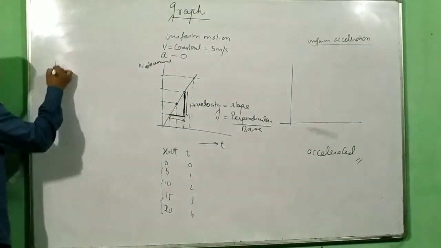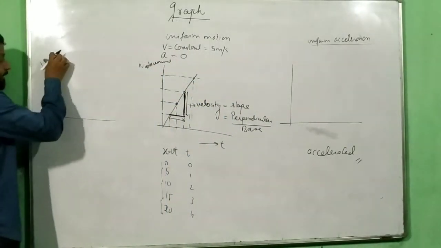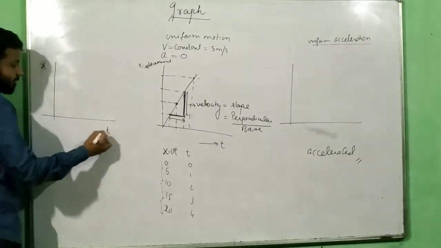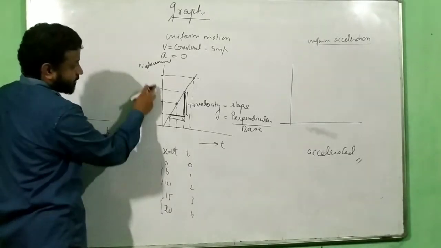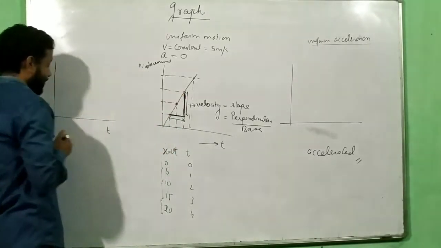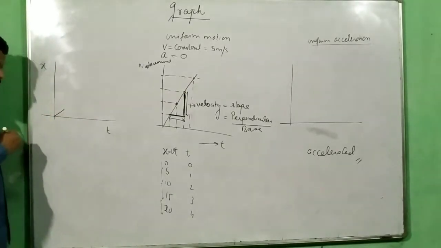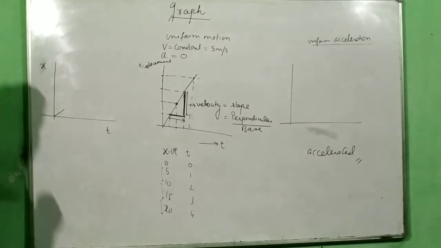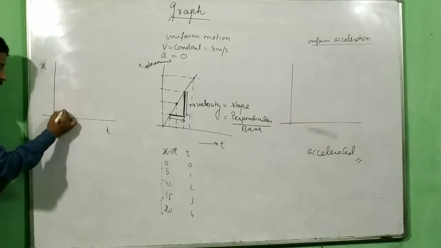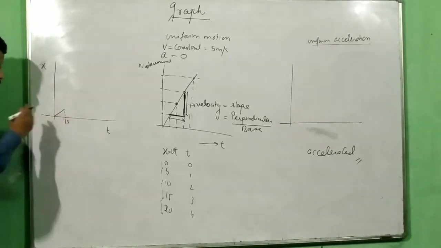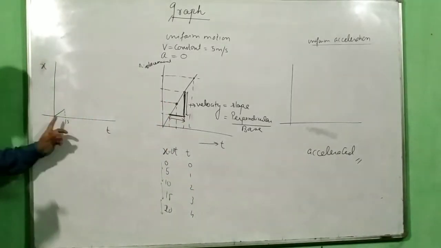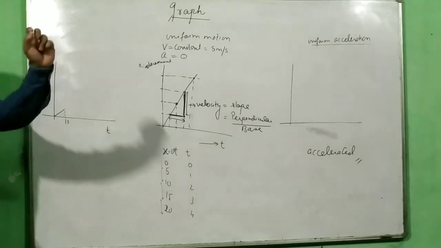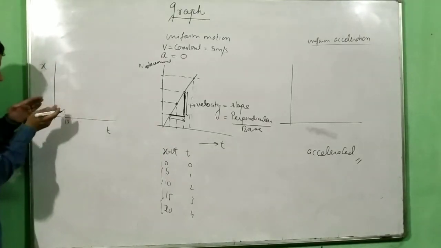Now just imagine I have a velocity time graph. Sorry, displacement time graph. For the first second, do you remember this displacement time graph? It is a straight line. Let us say that the body is moving with uniform velocity for the first 1 second, that means from 0 to 1 second, at 1 meter per second. No change. Then from 1 second, it started moving with 2 meters per second.